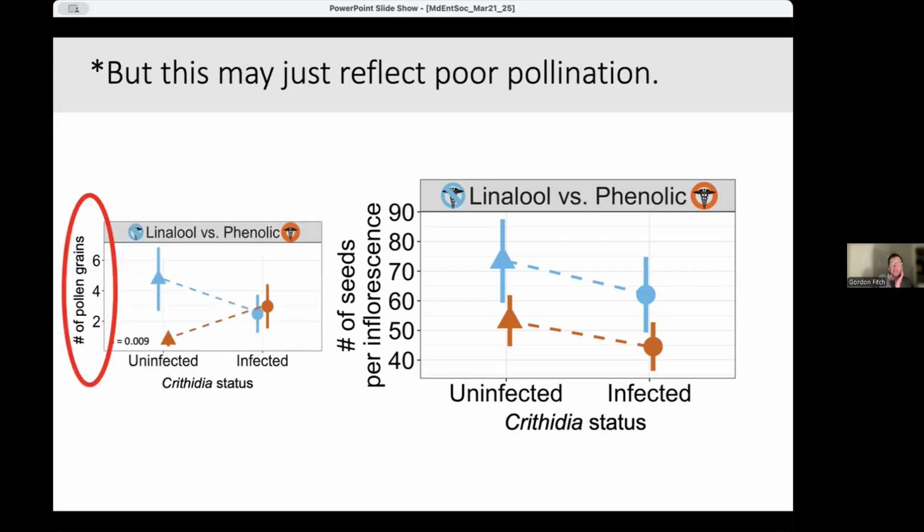But then we were looking at the data and we realized, what? If I show you this graph of the pollen deposition, this is not a lot of pollen. These plants are receiving on average maybe like 3 grains of pollen. And that's probably not enough to actually allow them to reproduce. They're probably limited in their reproduction by the amount of pollen that they're getting.